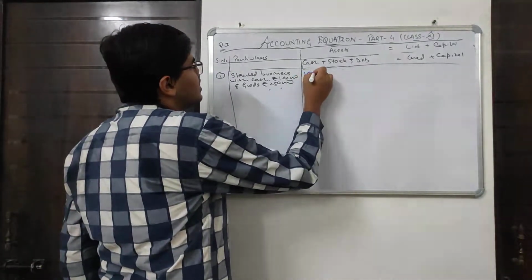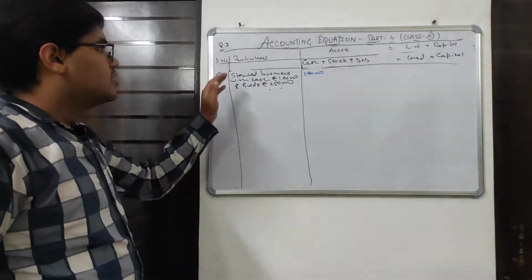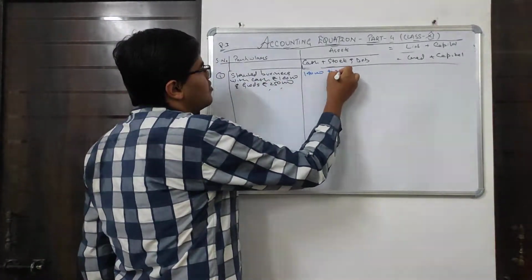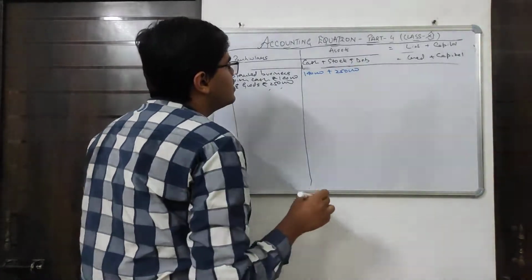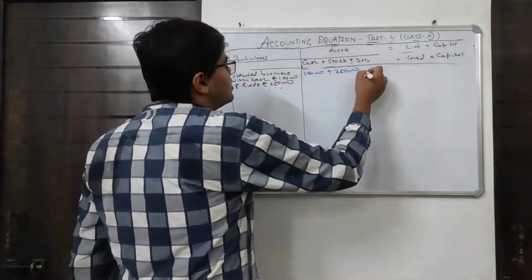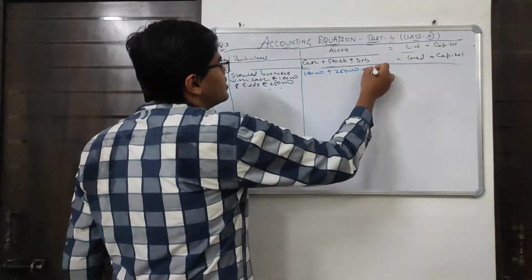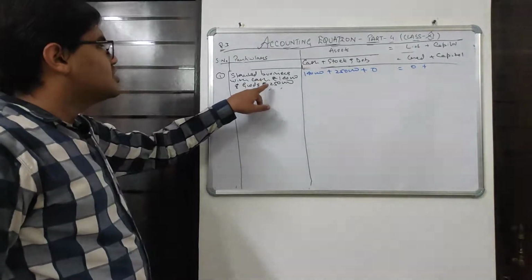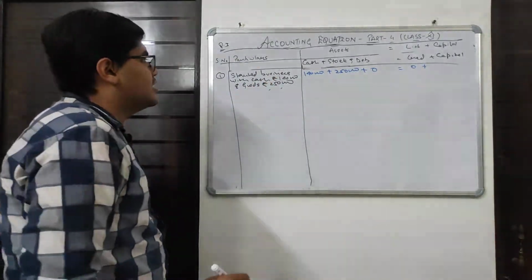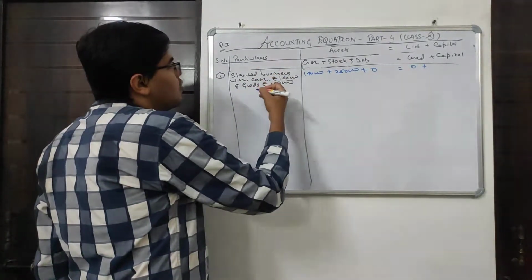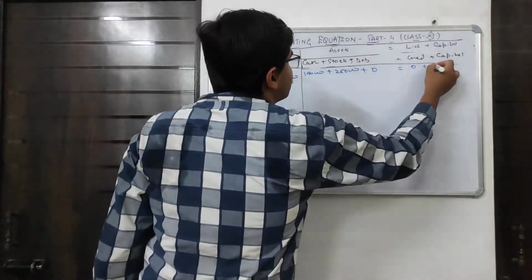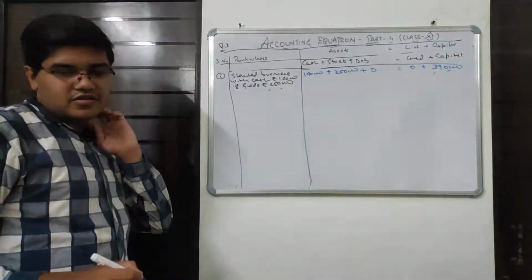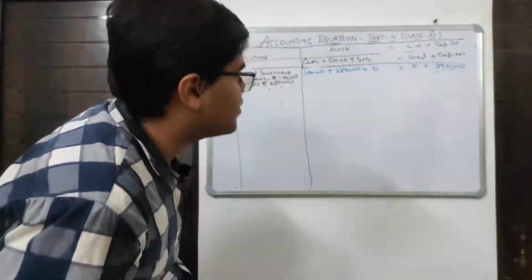Cash comes into the business, and now he is investing stock also into the business of rupees 2,50,000. So stock will also be added by 2,50,000. So debtor comes 0, creditor also comes 0, and the total of cash and stock will create the capital, that is 3,90,000. So hope the first transaction is clear to you. Moving on to the second transaction.